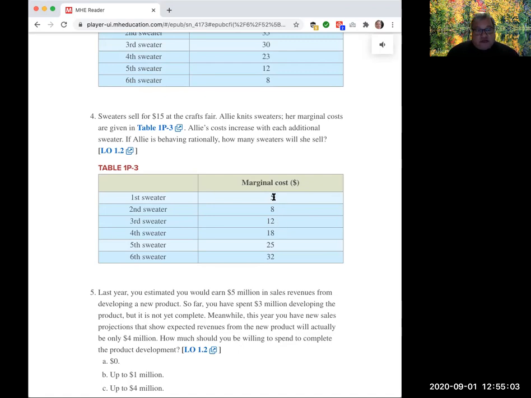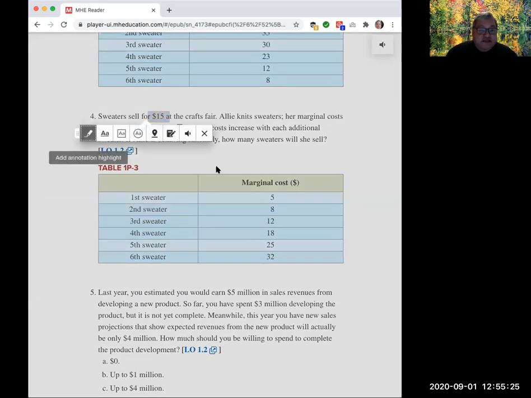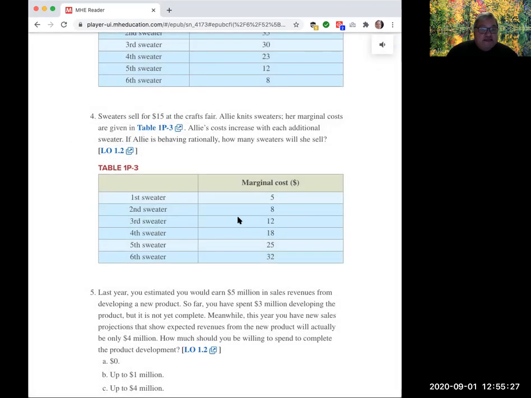And so in all, she would have to spend $25 to produce 3 sweaters. So that $25 is what we would call the total cost. The marginal cost is just the extra cost for the extra sweater, or the additional cost per sweater. And so in this case, if sweaters sell for $15 at the fair, Allie has every incentive in the world